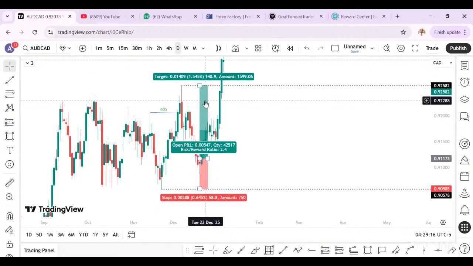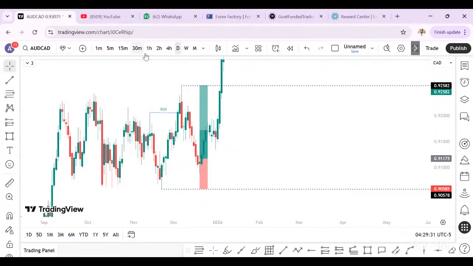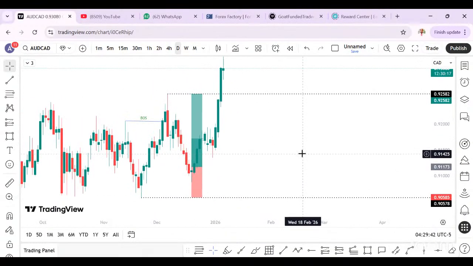Let's assume that in 2 weeks, I made 2.4% from my trading account. If I have 2 of this in a month, that will give me 5%. That is a very good result. 5% in a month is a very good result, guys. So, all right, that is it. No worry.